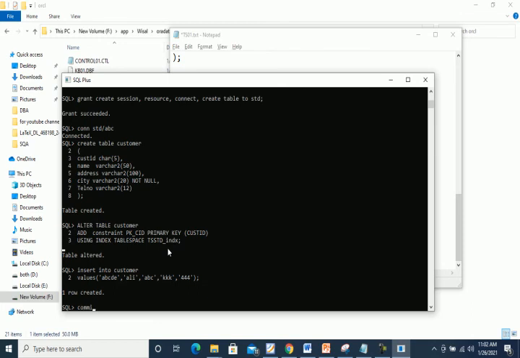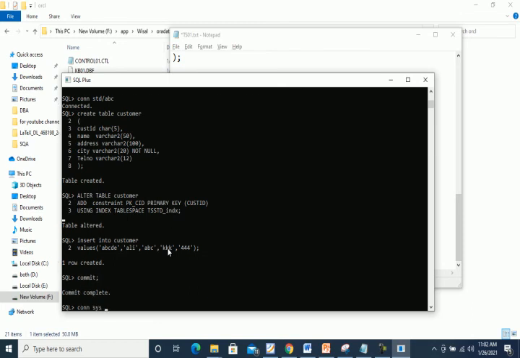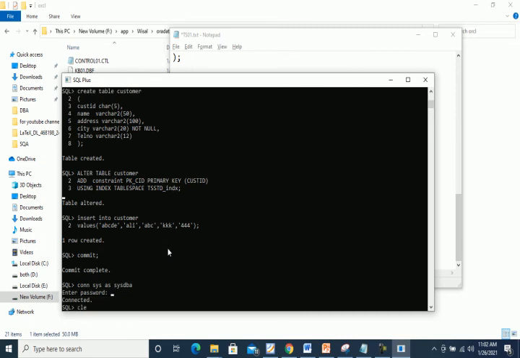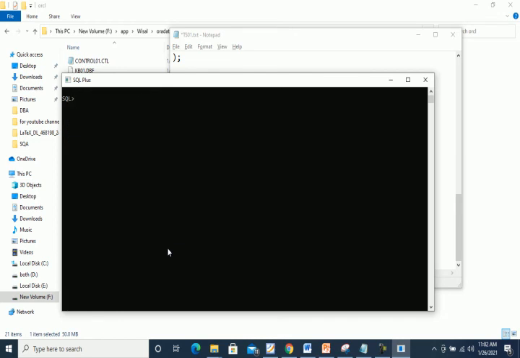Commit it. Now connect with the sys user, sys as sysdba, with the password. Clear the screen. If you want to know the information about the customer table, which tablespace the customer table is currently using, we already created the user named std, and the default tablespace of std is ts_std. For that you will use another data dictionary view, describe dba_segments.